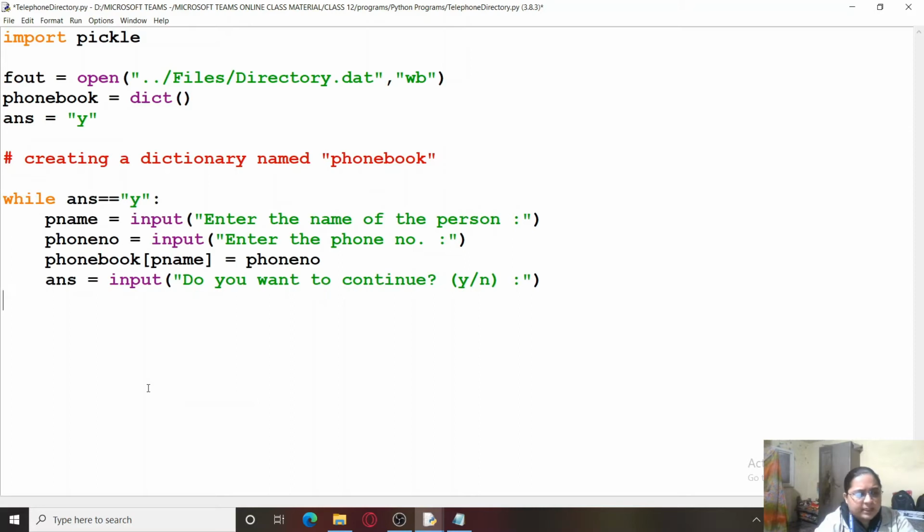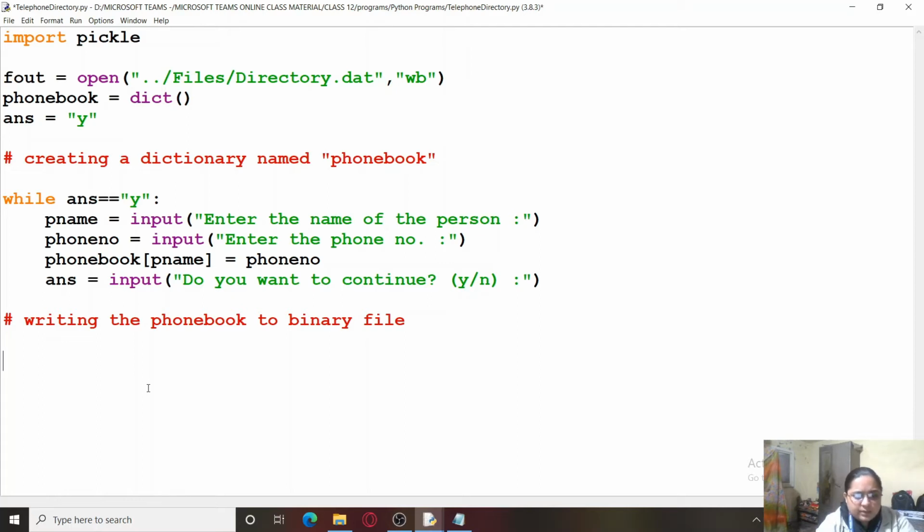So writing in the file will be now writing the phone book to the binary file, and I've already given the name to the binary file as directory.dat. So we are going to write that phone book, that dictionary, to the binary file. We'll be doing it in this way.